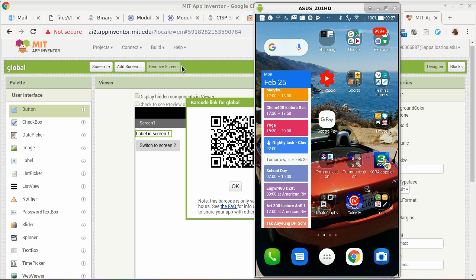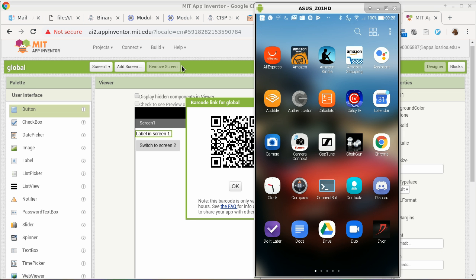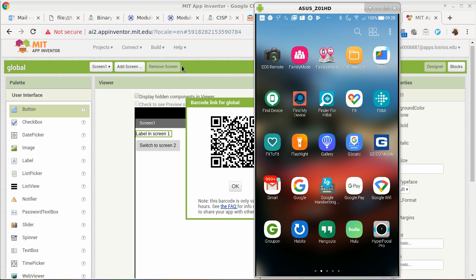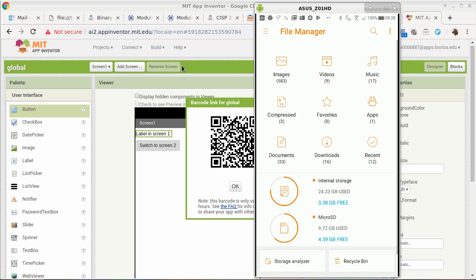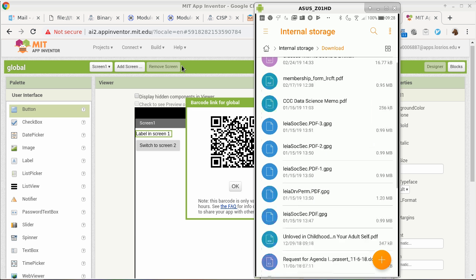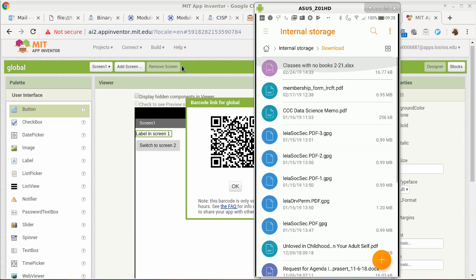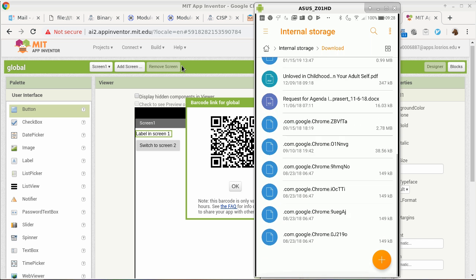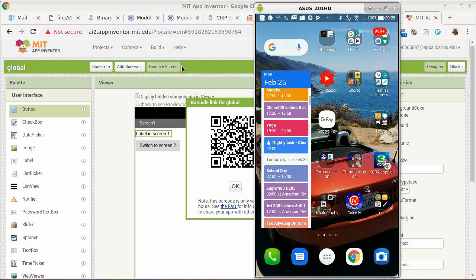But I don't know where it put it in terms of the download folder. Okay, let me see if I can find it. File manager. And then go to downloads. It should be here. What's the name again? The name of the app. I think it's just global, yeah. And it's not here. I have no idea where to put it. Okay. Is there a way to see the date when something's downloaded? Yeah, you can see the date. Okay, this method doesn't work well.